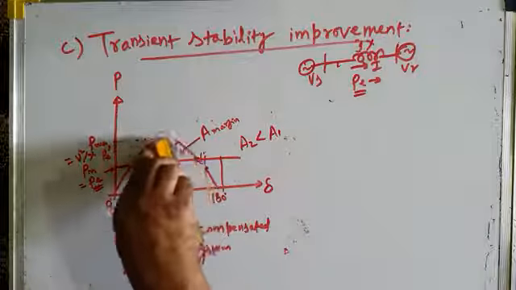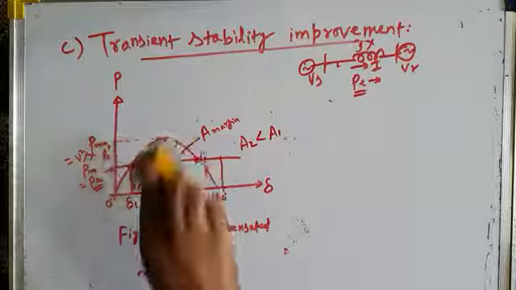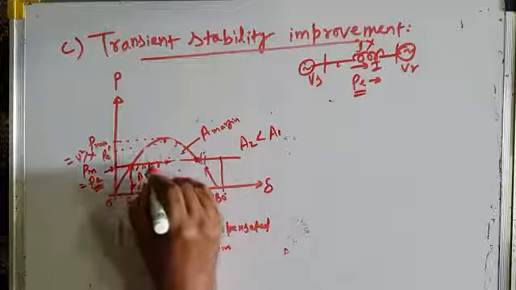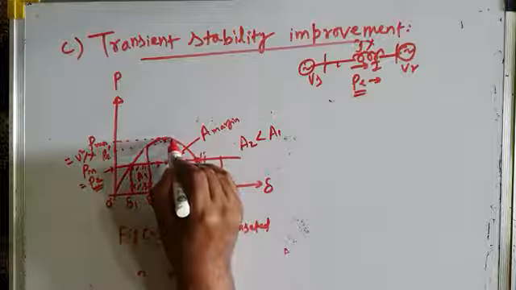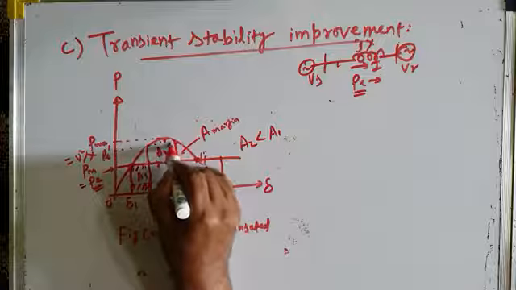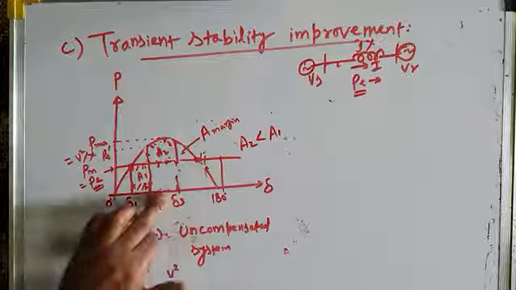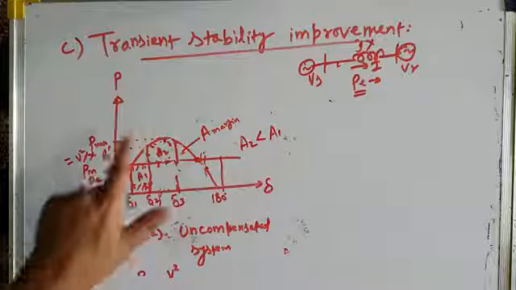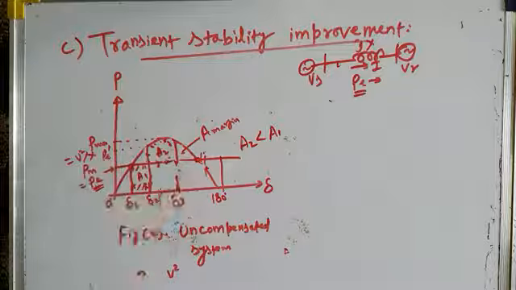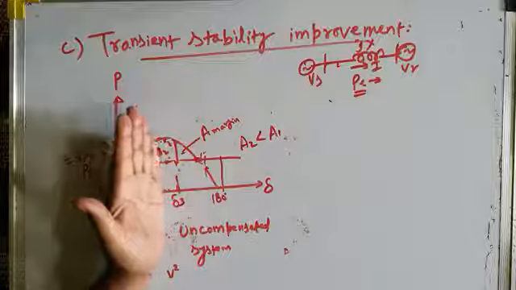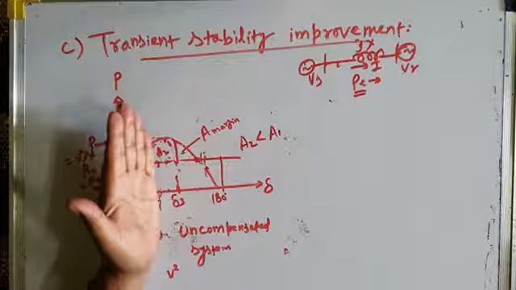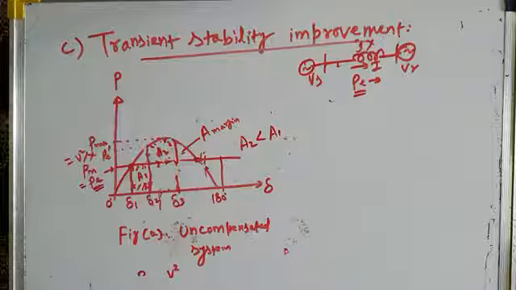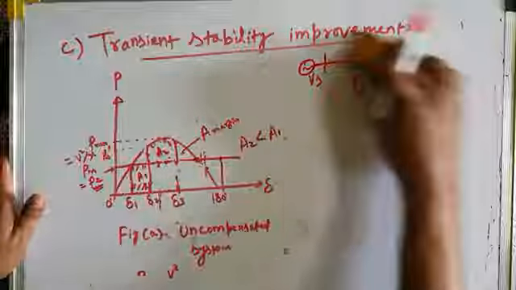Let me redraw the previous. It was delta 1, delta 2, area A1. And this was area A2, and this was delta 3, okay. Now, this is for the uncompensated system. So for the uncompensated system, the margin of stability is less, which means if fault clearance is delayed by a sufficiently large time, then the system will become unstable because you don't have much margin of stability. Now, if